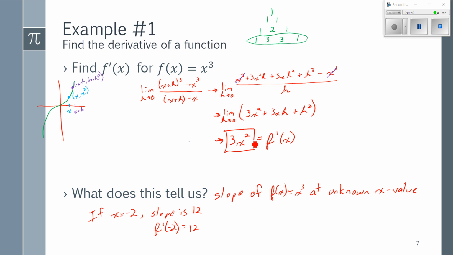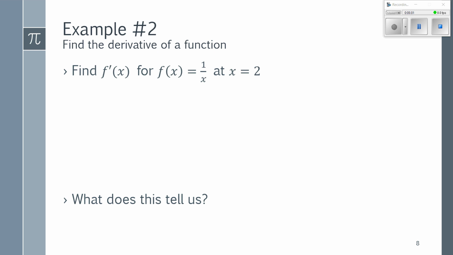Well, if x is positive 5, I plug 5 in for x. 5 squared is 25 times 3 is 75. The slope at x equals 5 is 75. And by doing it over and over again, it allows us to do it faster so that we don't have to keep doing this limit over and over and over again for all of the different x's. So now if I go to the next example,